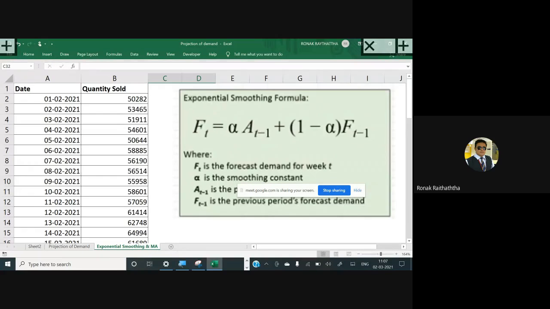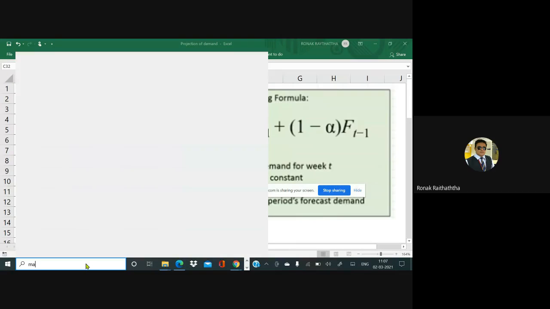But Excel also gives you the moving average. You won't have to manually do it in your Excel file like this. What you're supposed to do is, let me just go over there. So the magnifier needs to be used.